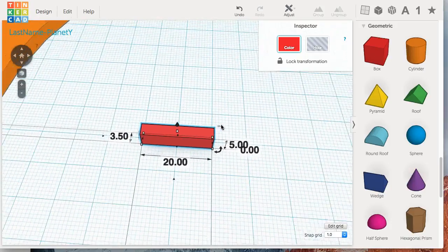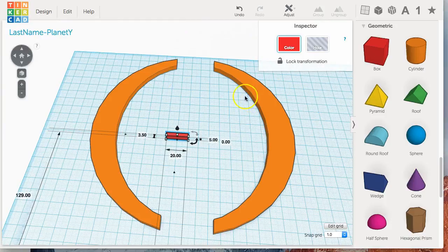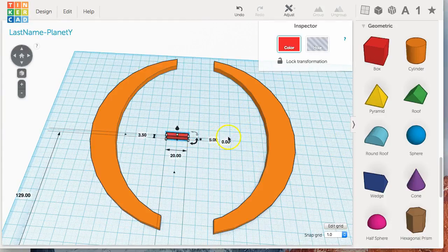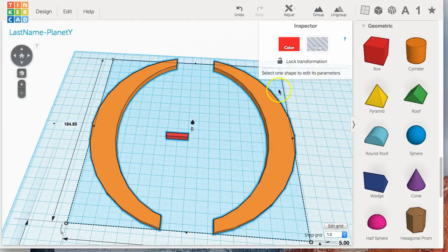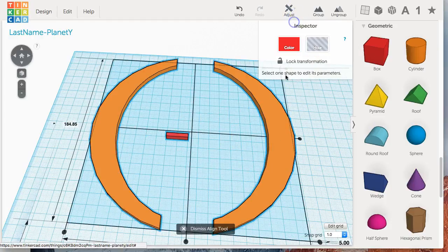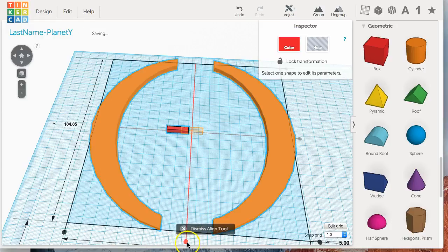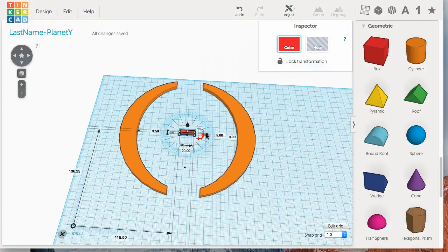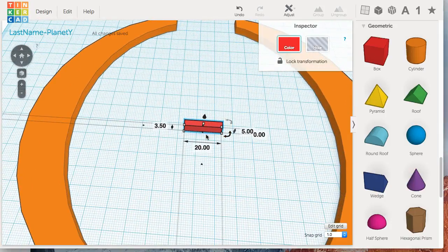Now, let's go ahead and put this box in the very center of our ribs. So now we can select the box, hold down Shift to select the ribs as well, and we're going to do align, and align it in the center in both directions. Next, we want to resize this